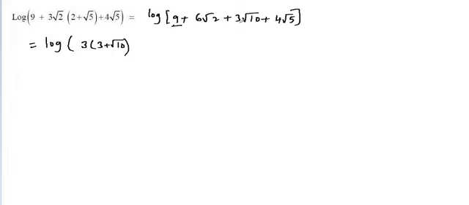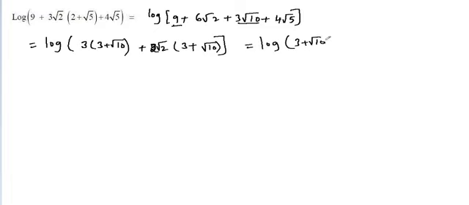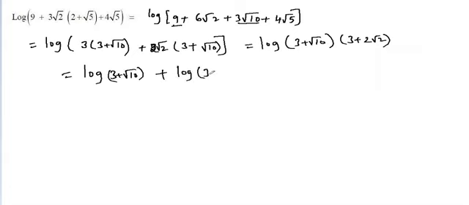So first term and third term, and from this take 3 root 2 common, 2 root 2 common, that is 3 plus root 10. Again log of 3 plus root 10 common, that is equal to 3 plus 2 root 2, that is equal to log m into n, that is written as log of m plus n, log of 3 plus root 10 plus log of 3 plus 2 root 2, that is root 8, that is equal to log of 3 plus root 10